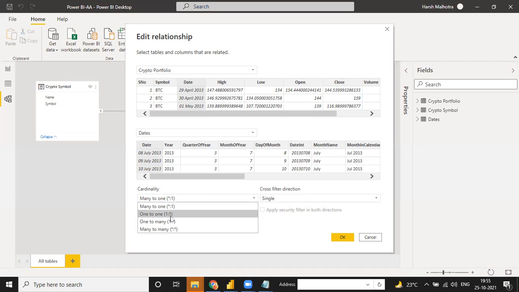Then you have to use one to one, and many to many is, suppose you are working in some multinational company, and in this company you have multiple branches. Okay, multiple branches like Pune, Gurgaon, Delhi, this kind of branches you have. And every branch has every transaction, on a daily basis they have transactions. So for every branch we have a total of 5 branches and 5 fact tables. And suppose 5 fact tables means 5 dimension tables as well. So for one branch we have 1 dimension and 1 fact. So for 5 branches we have 5 facts and 5 dimensions.